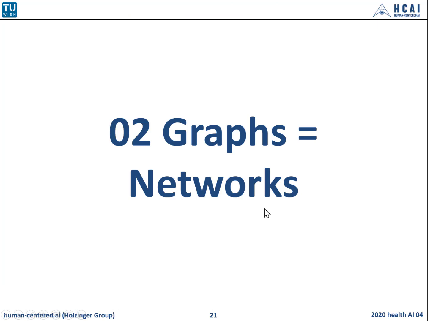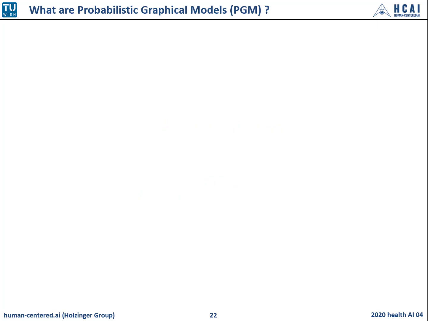Okay, so at first we start with some elementary basics on graphs. The mathematicians call them graphs, the engineers rather networks, but these are synonyms. Networks are a general language for describing complex systems of interacting entities. And I will show you that this becomes clear with some examples from nature, but also human-made, later on.